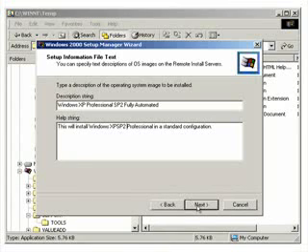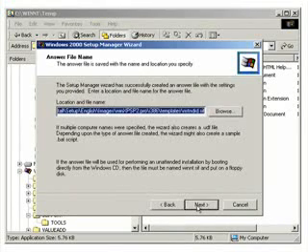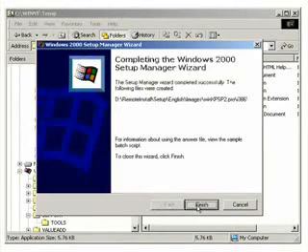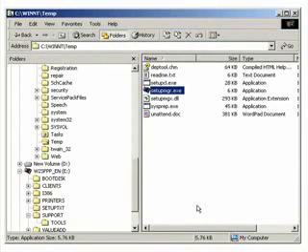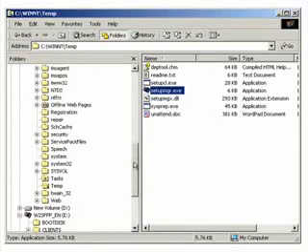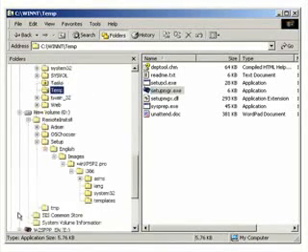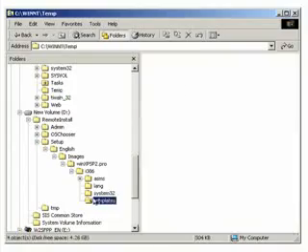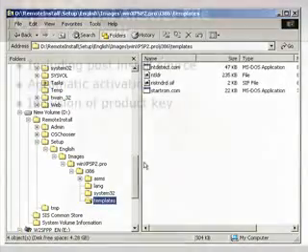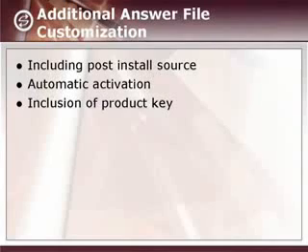And then here we're going to save over the one I already had. Click Finish, and we have ourselves a CIF file that we can let it run like that, or very likely you're going to want to customize it further. Now, one of the last things we're going to do here is customize that SIF